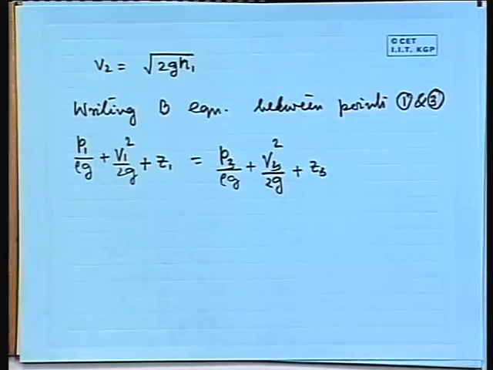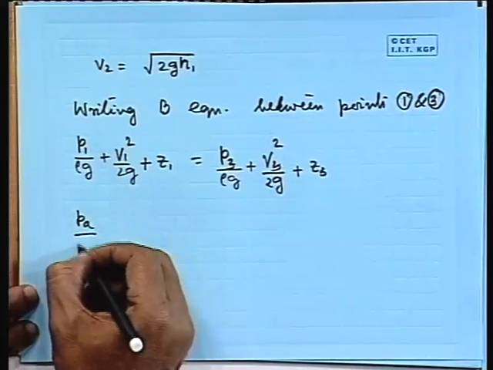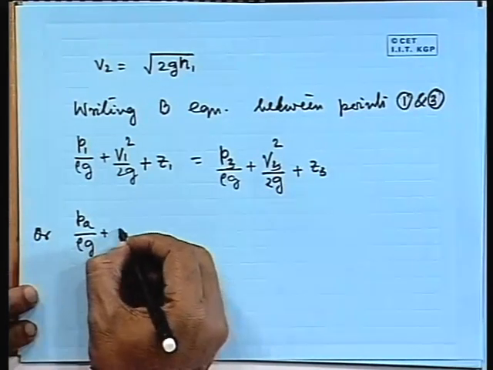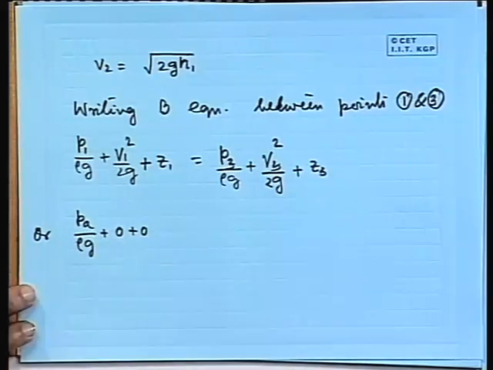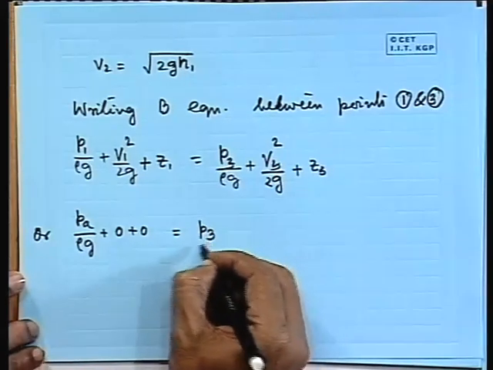All right. Now we can write Pa by rho g plus 0 plus 0. V1 is very small compared to other velocities, so we have put it 0. Z1 is equal to 0. So P3 by rho g,